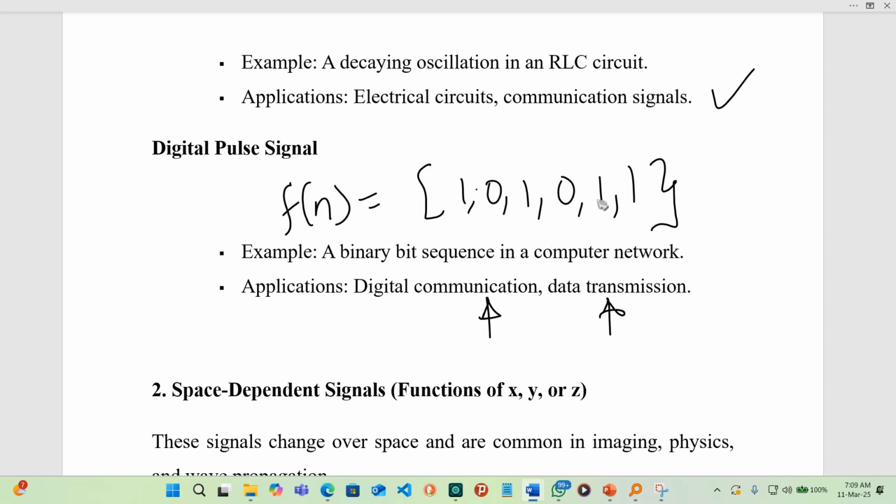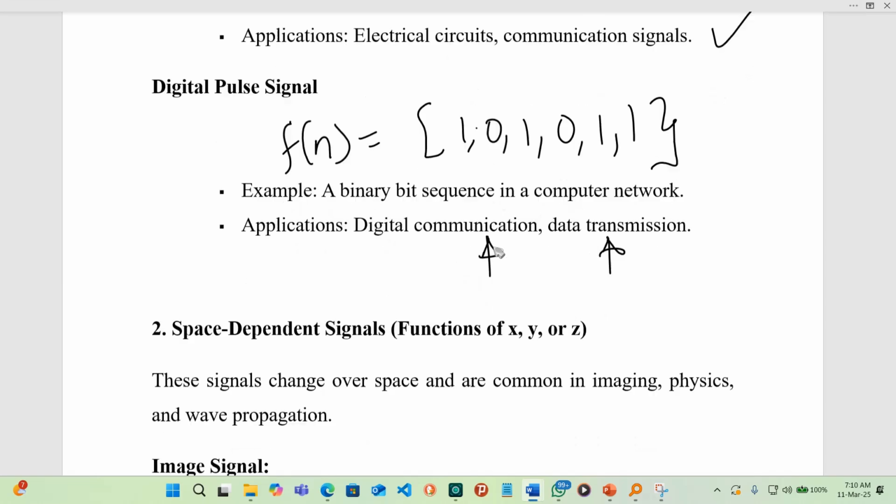Usually we find that it is safer to transmit information or data in terms of a digital pulse signal rather than as an analog signal, because analog signals are affected by distortion, interference, and very many other effects. So the quality as transmitted originally may not reach the final destination as desired. But when you send it as a digital signal, it is able to reach in the required quality